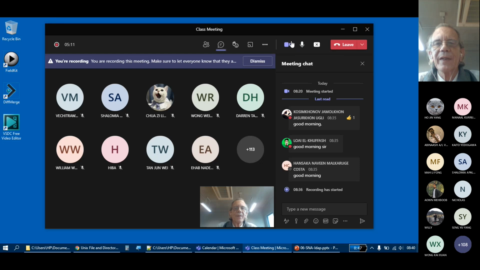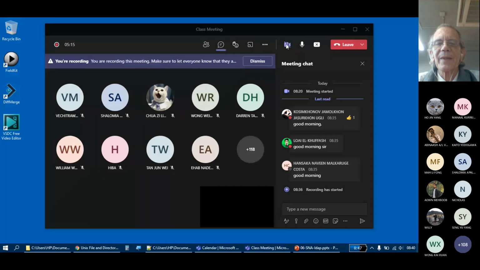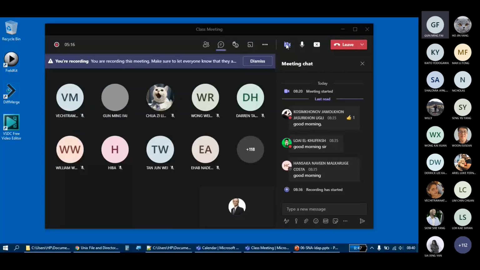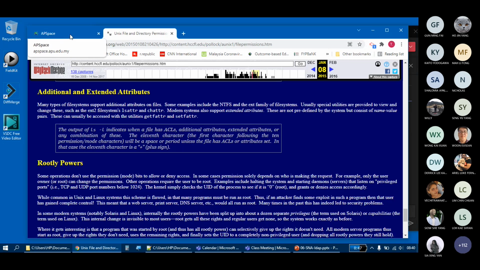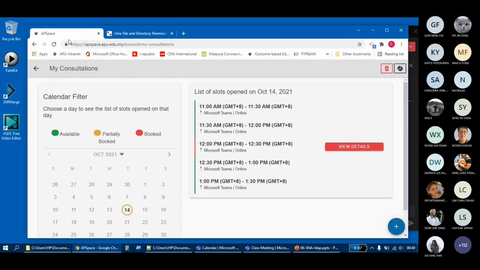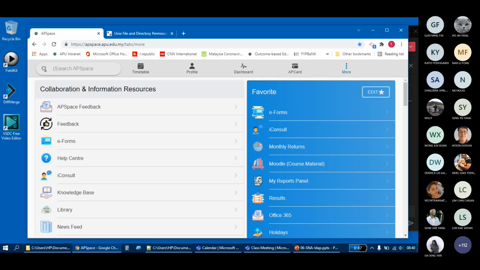So let me turn off the camera here. Big reflection in the background. Look at that big reflection on my screen here too. And let's start with, not that. Let's start with